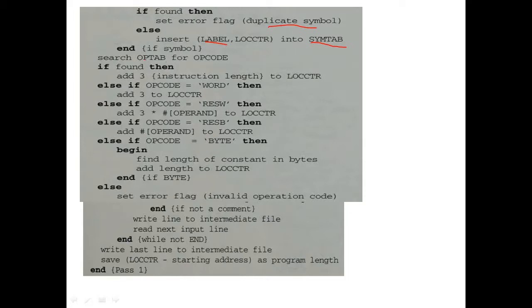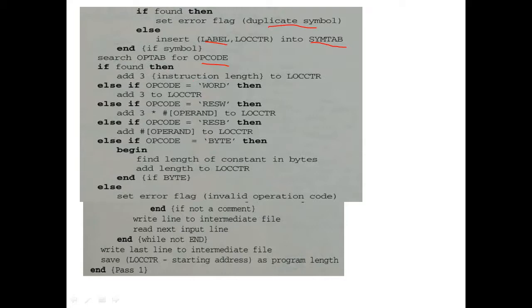Next, search the OPTAB for the opcode. Opcodes are in the form of RSUB, ADD, or JSUB. If found, then add 3, because the instruction length is 3 bytes, so you add 3 to the location counter.